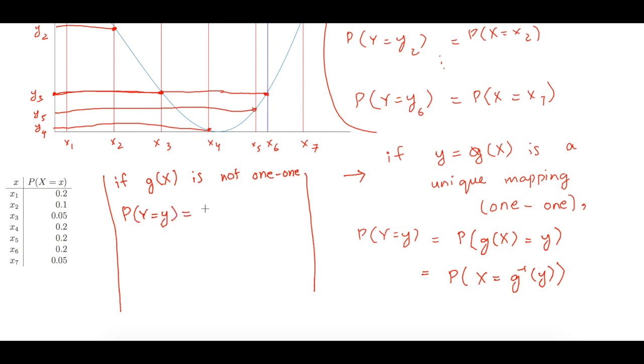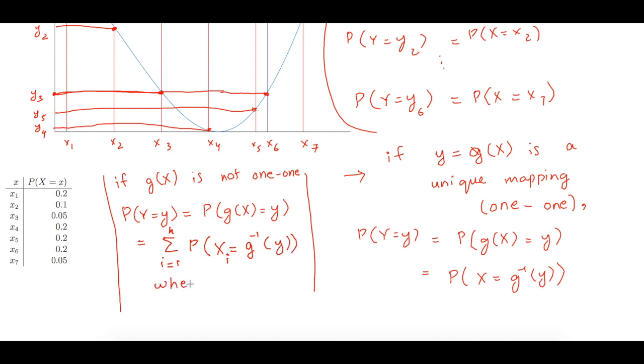So we'll say probability of g of x is equal to y is equal to summation of i is equal to, let's say, 1 to k, probability of x is equal to xi is equal to g inverse of y,